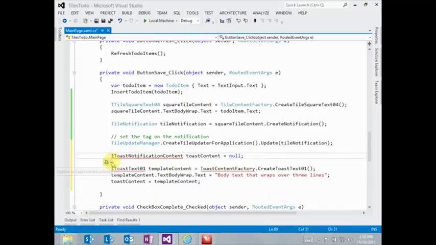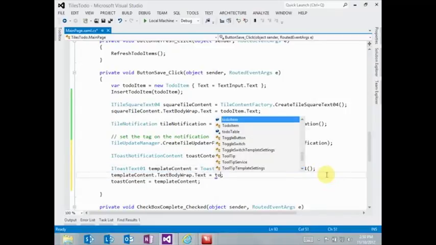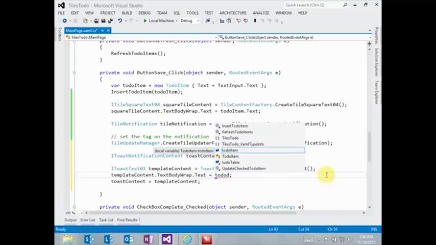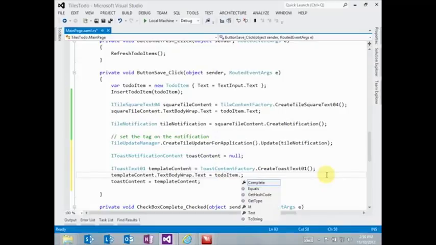Anyway, so let's. I like to do this whenever I've got a class that adds to the using list at the top. So now we're creating a toast template from the template factory, the toast template factory. And then instead of this text here, let's add the to-do item dot text as the text of the body of the toast, and then the toast template,